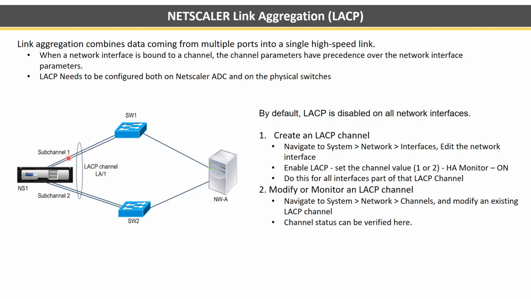What happens is, you go to each interface, System, Network, Interfaces, click on that interface 1/1, and then first you need to enable LACP. You need to select that option. Then it will ask you for a channel value. You need to put 1, for example, or 2 or whatever. You can give any number, by the way, no one is stopping you. Let's say you put a value 1, and then you need to put HA monitoring also on. It's always recommended. Just these 3 things and say OK, that's it. And you need to do the same thing for all the 4.